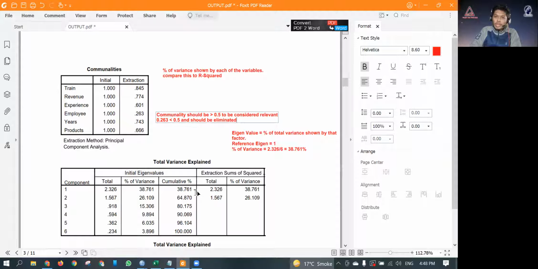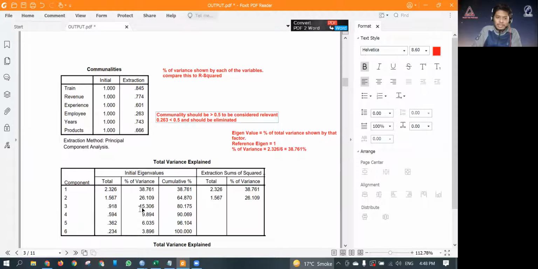However, it could also be like this, that if you want to capture at least 80% of the variance, you could take 3 factors. That depends on the method that you chose. If you choose eigenvalue, which is mostly chosen, then you'll get 2 over here. If you choose percentage of variance, it would have been 3. If you had specified a fixed number, let's say I've specified that I need 4 components, that would have been 4.